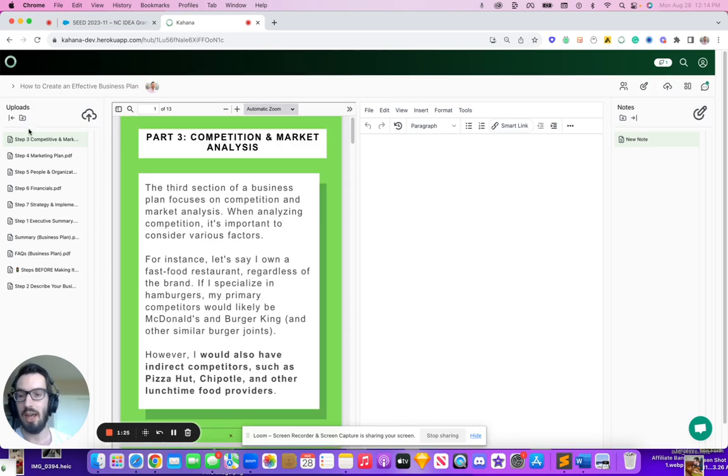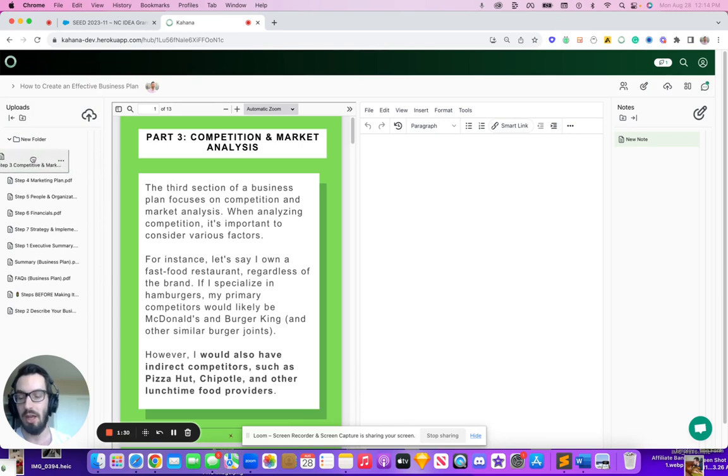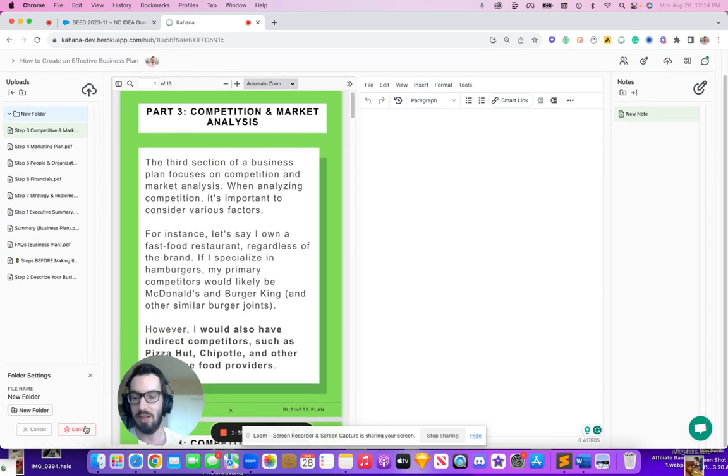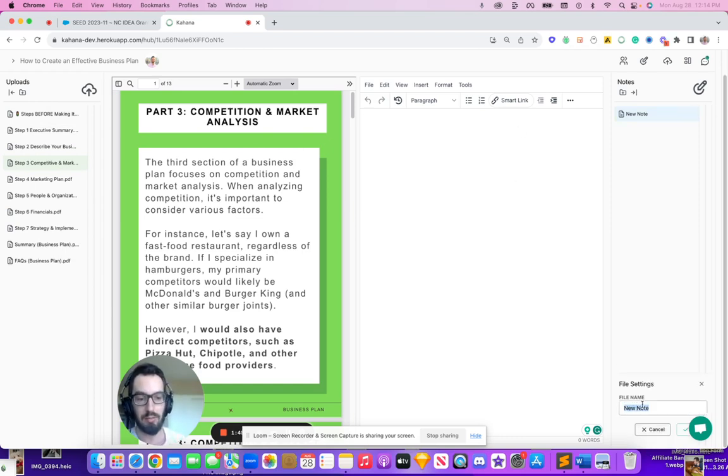And you'll see that you can create folders and move things into and out of folders and essentially create whatever structure you would like. But for the sake of brevity, I'm not going to have any folders. I will just organize these in numerical order. And then I'll go ahead and create a very quick welcome message. And of course, normally I would add in some headers and more instructions, but again, for the sake of brevity,